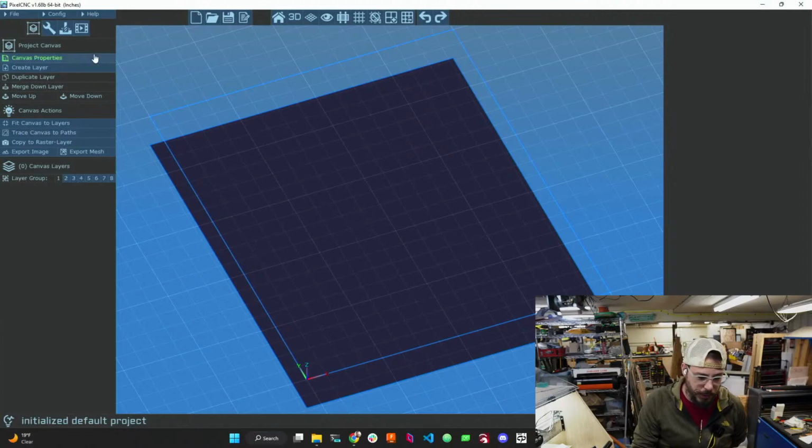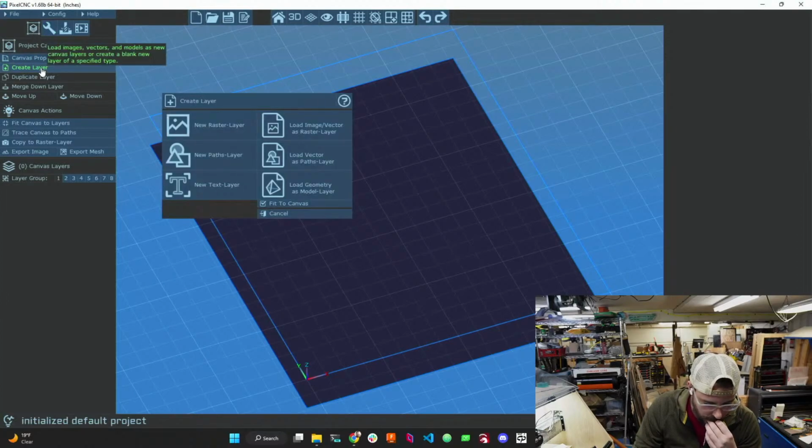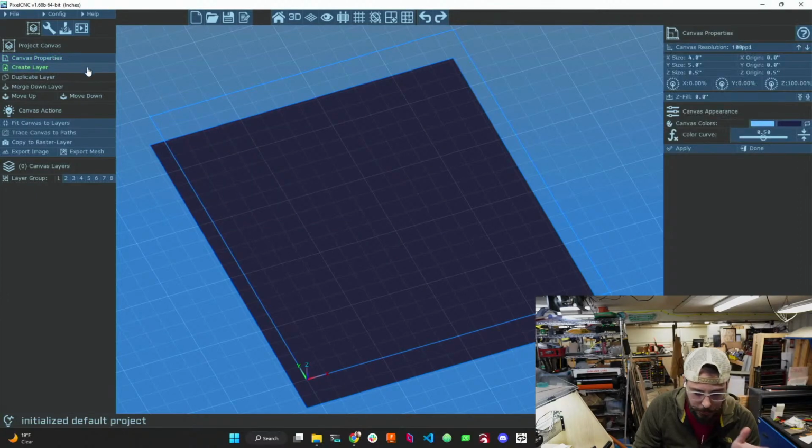All right, so let's start. Everything in PixelCNC is based on these canvas layers, project canvases. So I have to remember how I made one. Oh, canvas properties. Okay, so canvases are basically like your stock, I think. From the brief thing that I did take a look at, they define the XYZ origin,